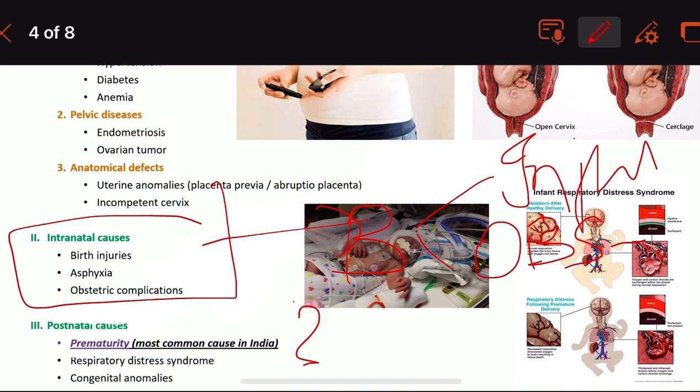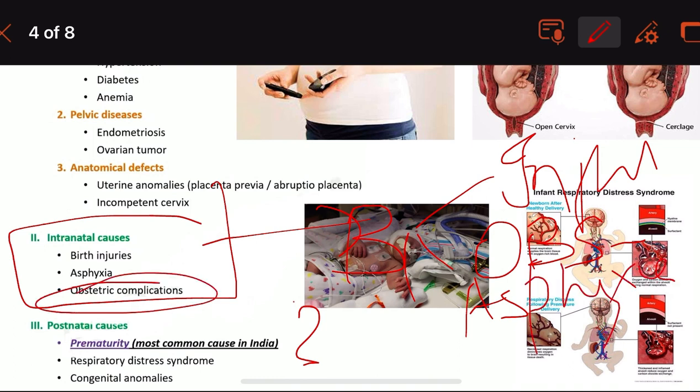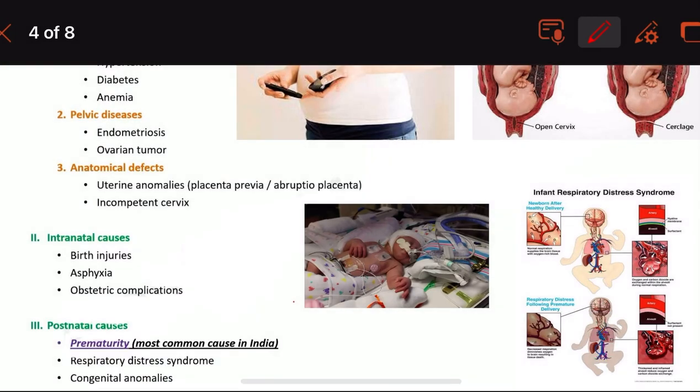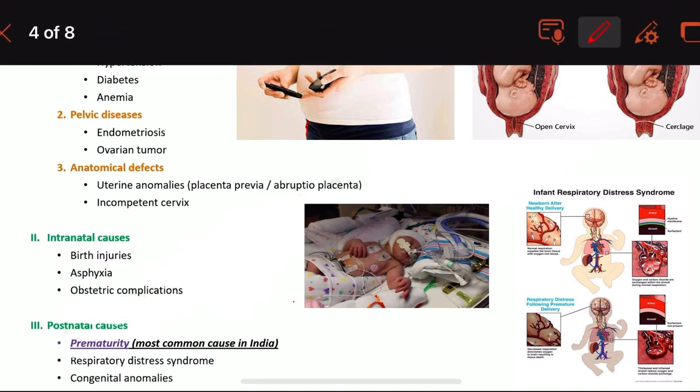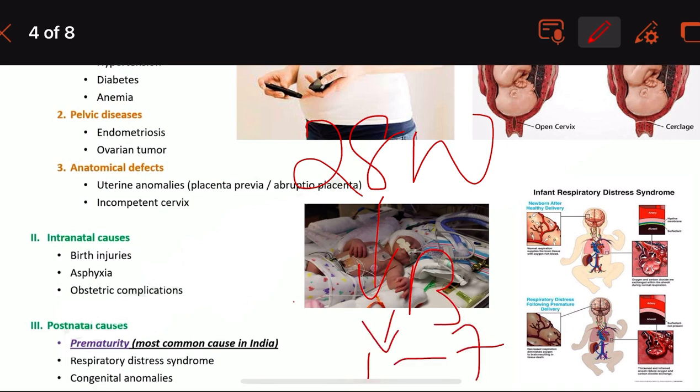Then lastly we have asphyxia neonatum, which you might have studied. Asphyxia could occur as soon as the baby is born. Asphyxia can be seen. And then we move on to the postnatal causes. So we know that from 28 weeks to birth, and then 1 to 7 days, that is